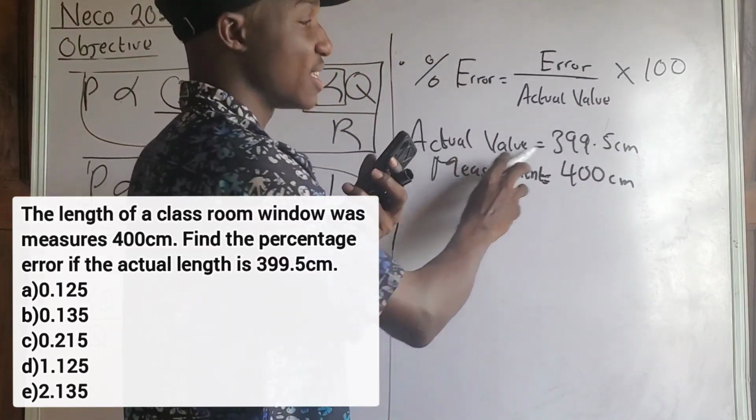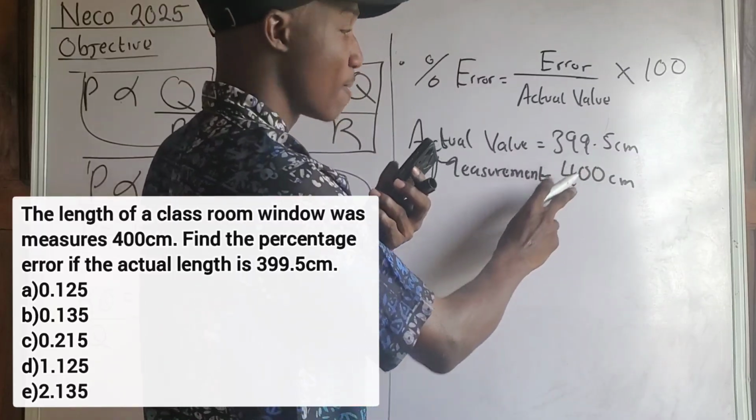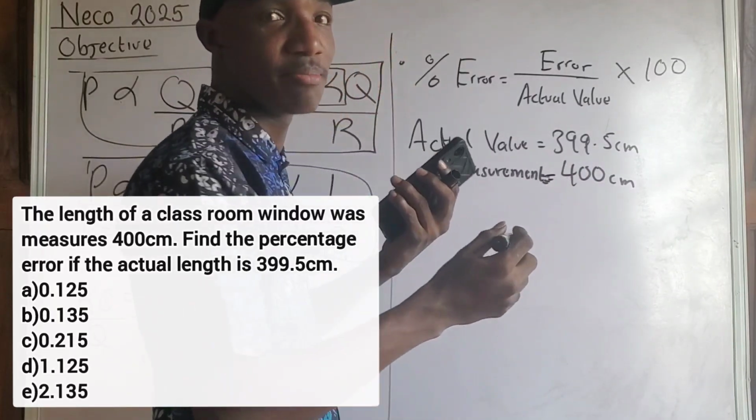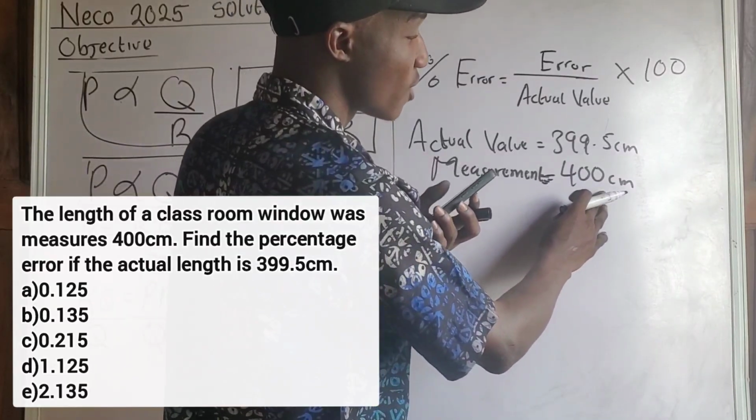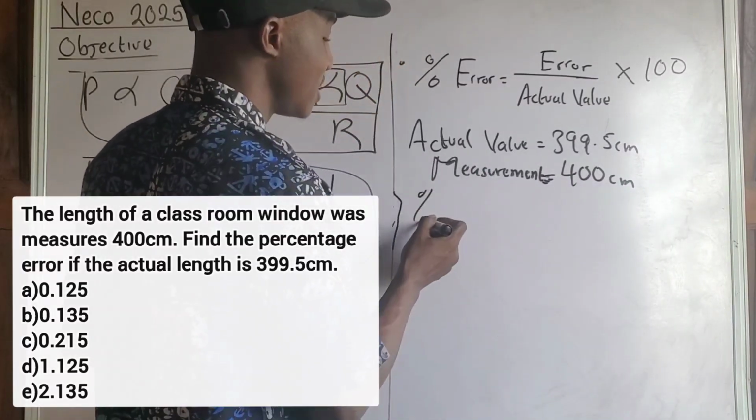So the actual value of the length is what? 399.5 centimeters. You get it? Now, there is a mistake in the measurement, so they ended up measuring 400 centimeters. So the percentage error